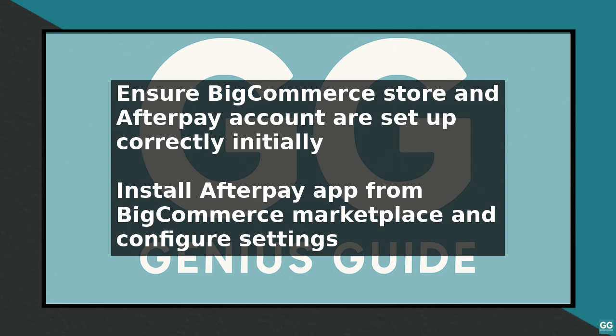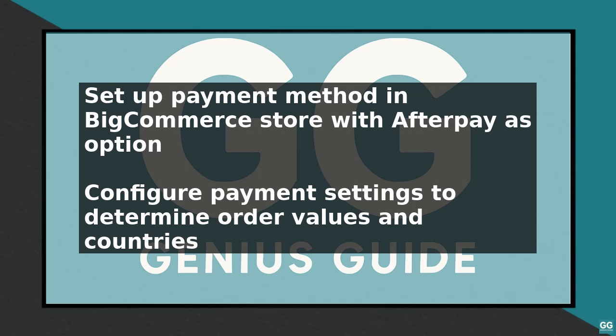Next, set up the payment method in your BigCommerce store by going to the payment settings and selecting Afterpay as an option. Configure the payment settings to determine the minimum and maximum order values for Afterpay, and specify the countries where Afterpay is available. To provide a smooth customer experience, customize the Afterpay messaging on your store's product and checkout